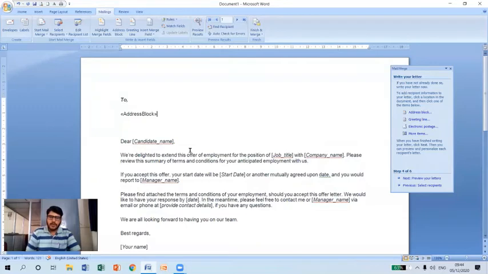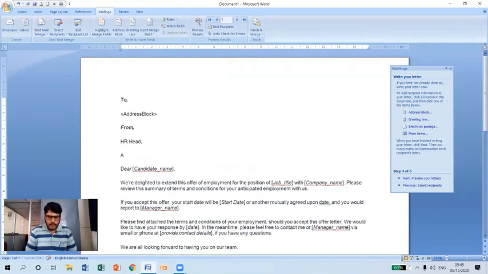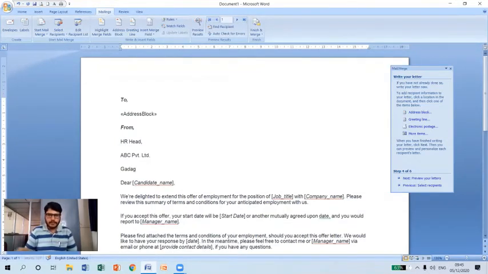Now in the next line, I will include the from address here. Again, I will select it and make it bold italic. In the next line, I want to include my company address, for example, HR head, ABC Private Limited, Garuda.